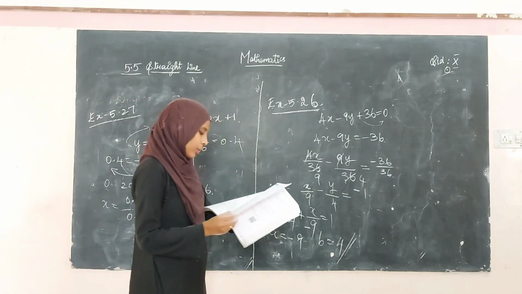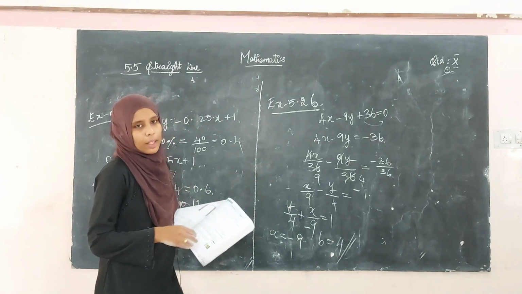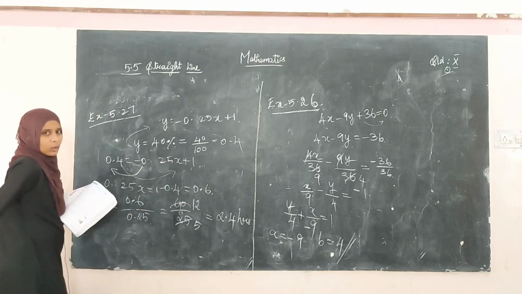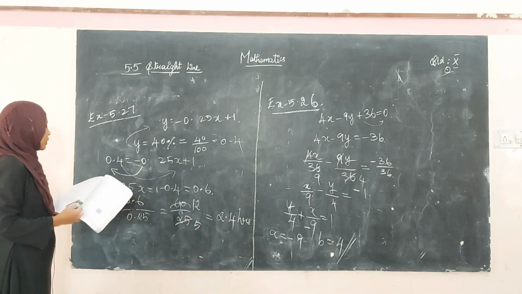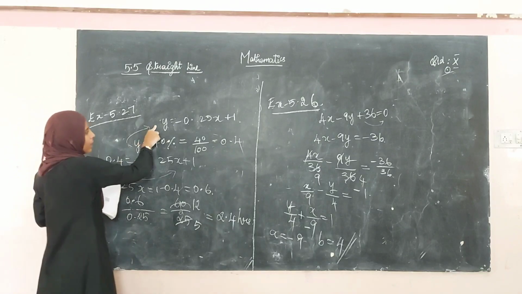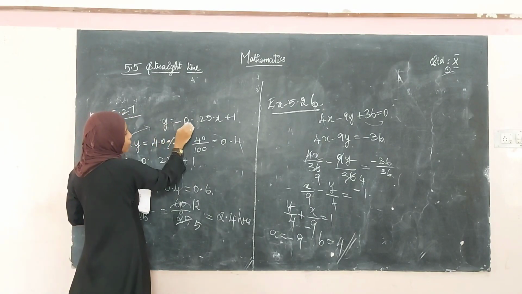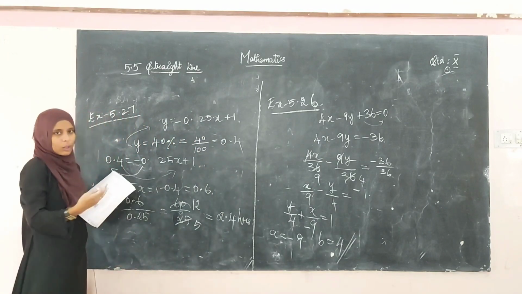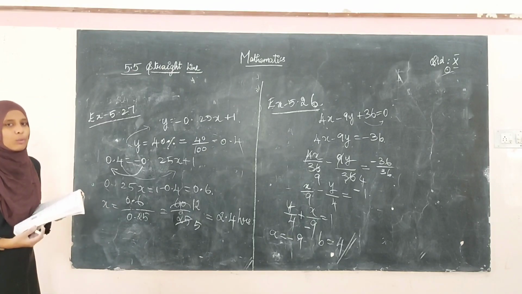What is the third one? How much time does it take so that the battery has no power? Okay, battery has no power means y equal to 0. Okay, you have to find what is x. So substitute y equal to 0. When you substitute 0, bring this term this side. So 0.025 x equal to 1. So x is equal to 1 divided by 0.025. So you will be having 40. So x is equal to 40 hours.